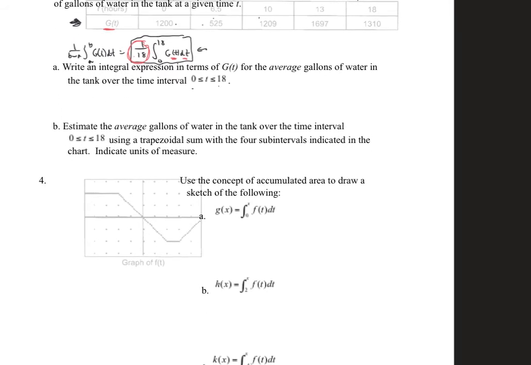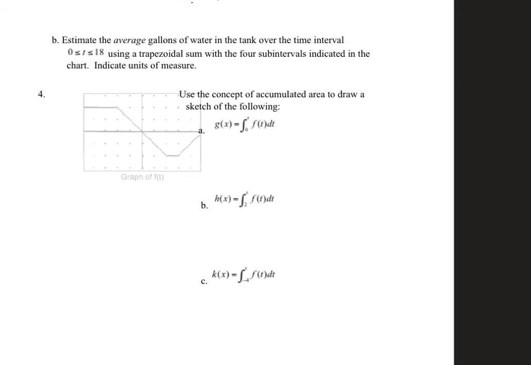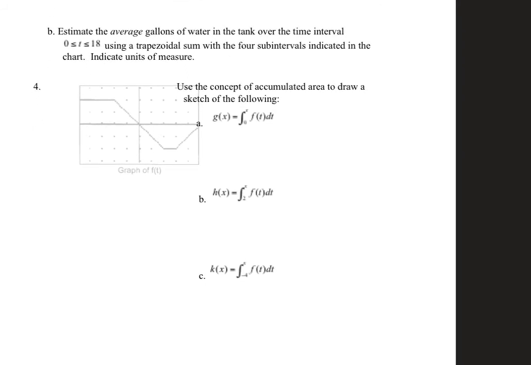Part B says, oh, we did that. So then now here you're going to have to concentrate too, because again the sketch didn't come out great. Here is our graph of f of t. You can see that there. We're going to use the concept of accumulated area to draw the sketch of the following. So first g of x. So if we're going to graph g of x here,